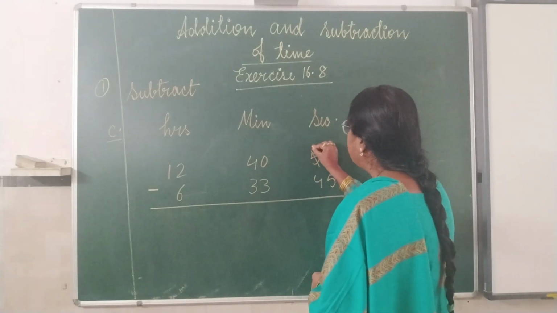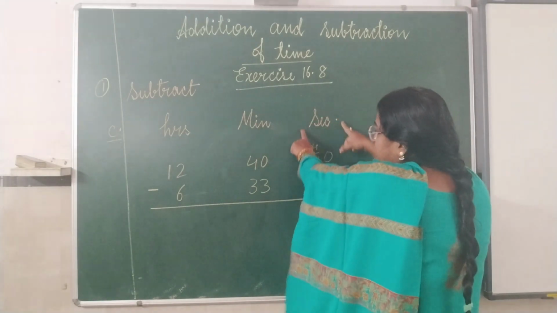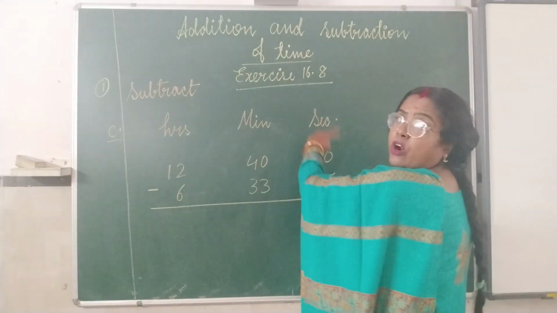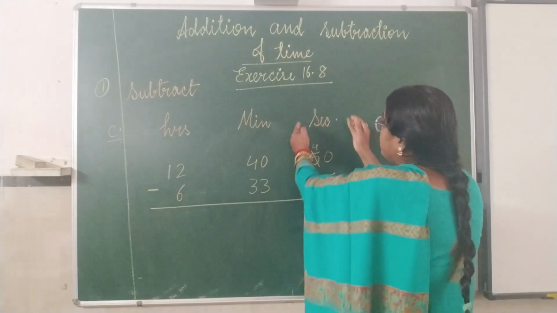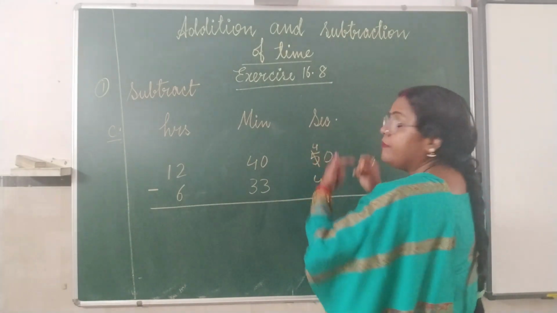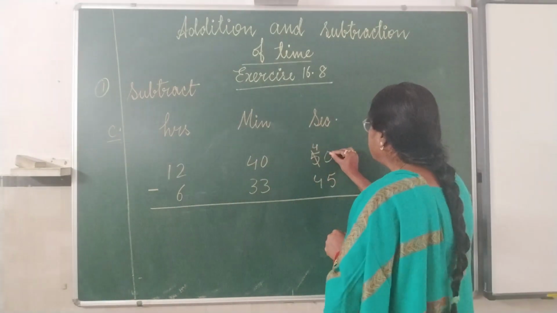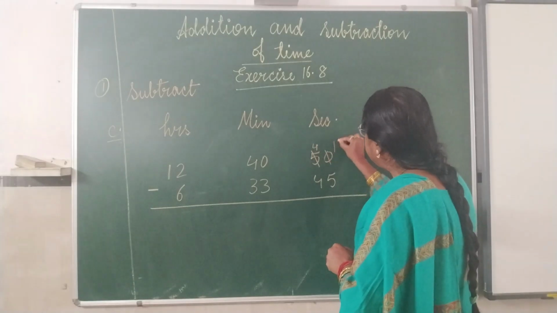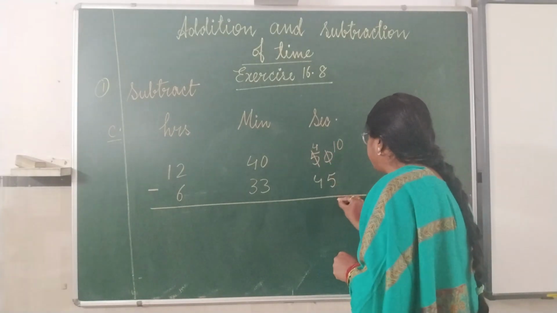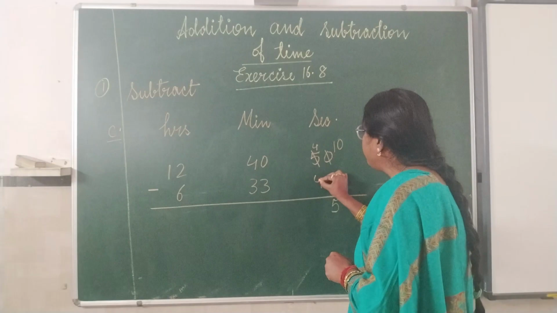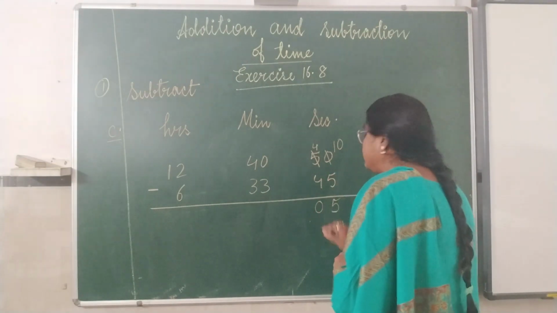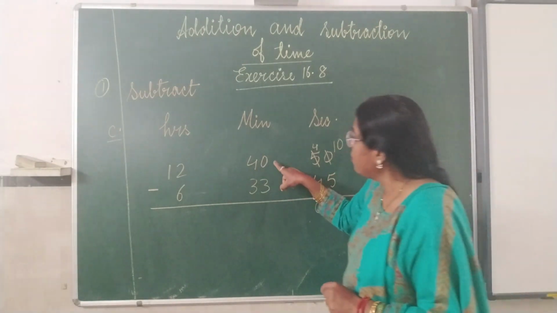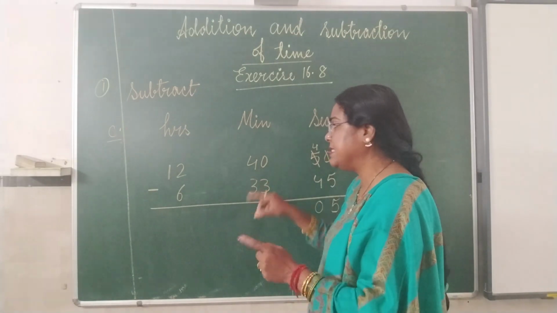We will take the borrow, and this is a normal borrow because we are only touching the second side. We are not taking borrow from anywhere else. So when we are using the 1 unit, we will do the normal subtraction. So we have taken borrow, this will be 10. 10 minus 5 is 5 and 4 minus 4 is 0. It is 05 seconds.